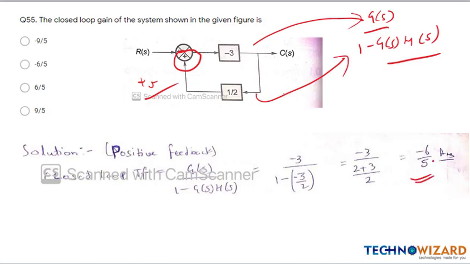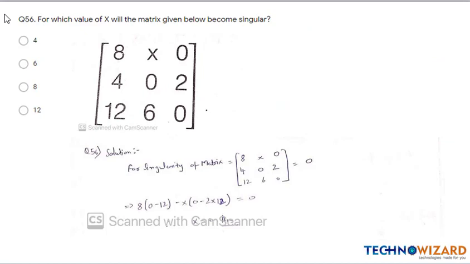Now question number 56, based upon your applied maths: for which value of x will the matrix given below become singular? To find the value of x, for singularity of a matrix, find the determinant and keep it equal to 0. You will find x will be equal to...